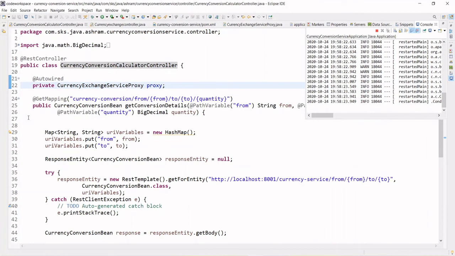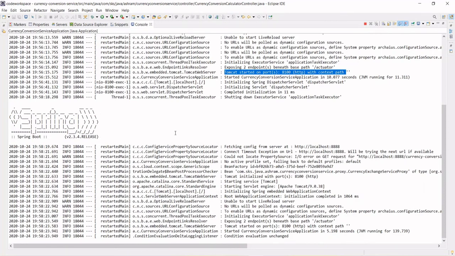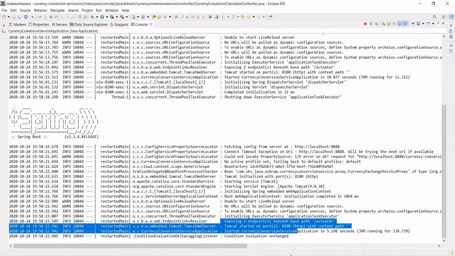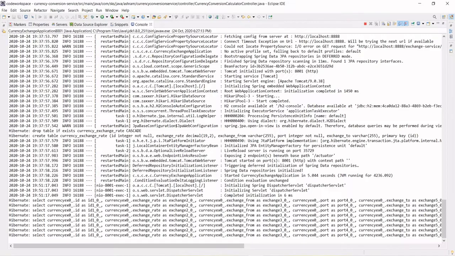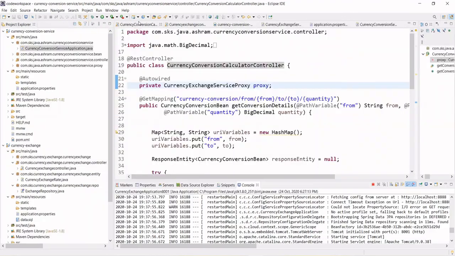So it's getting picked up. It has started again, so you can go there and check it again. Yeah, it's working fine.